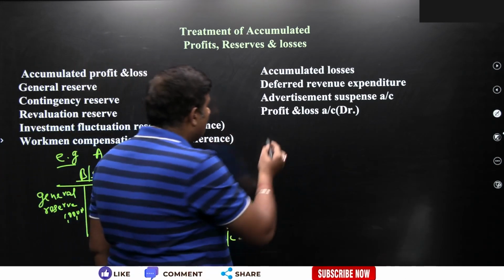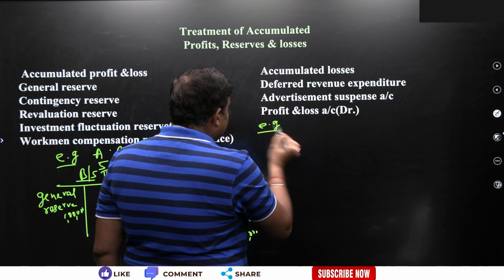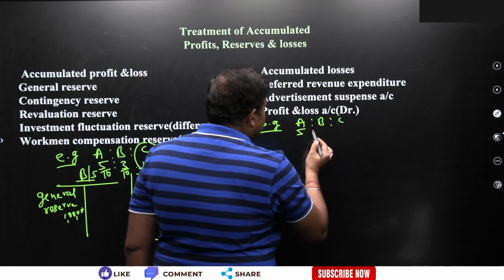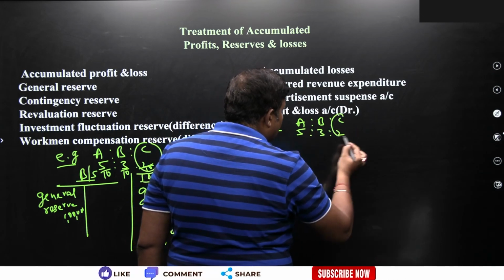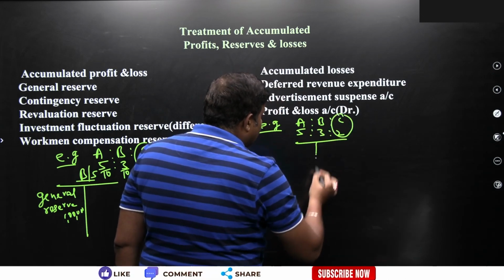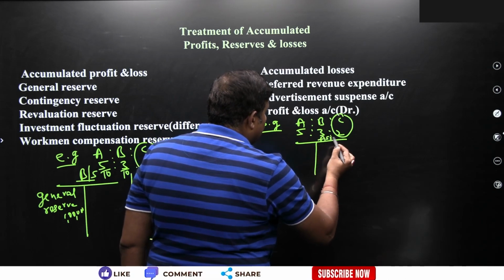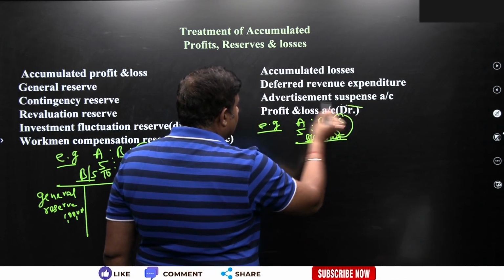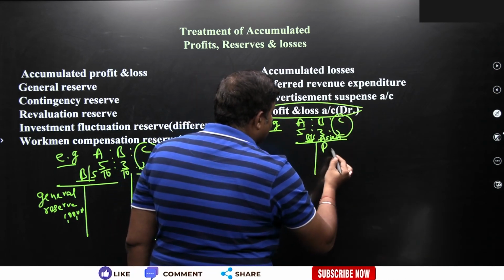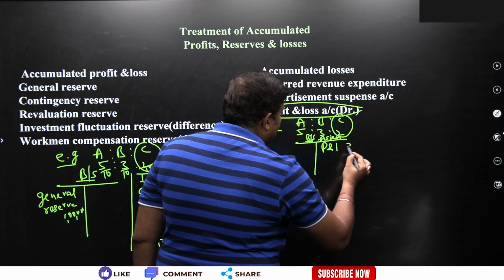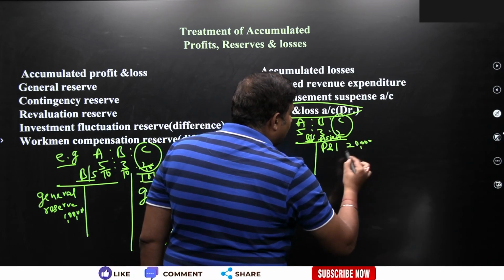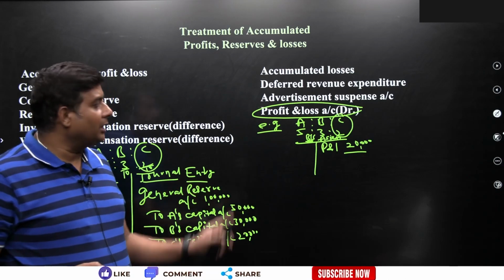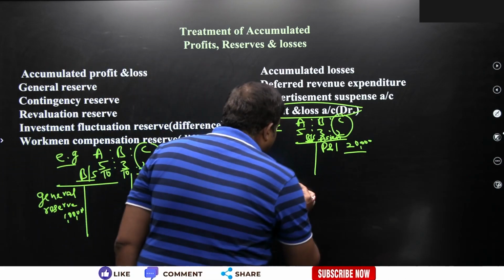Suppose the losses are also given in the question. I'd like to take the same example that A, B and C were the three partners having the same ratio, that is 5:3:2. C is a retiring partner, and in the asset side of your balance sheet, suppose they have given you profit and loss account debit balance of say 20,000. This is a loss for the organization, and definitely all the partners, including the retiring partner, have to bear this loss. So the journal entry should be